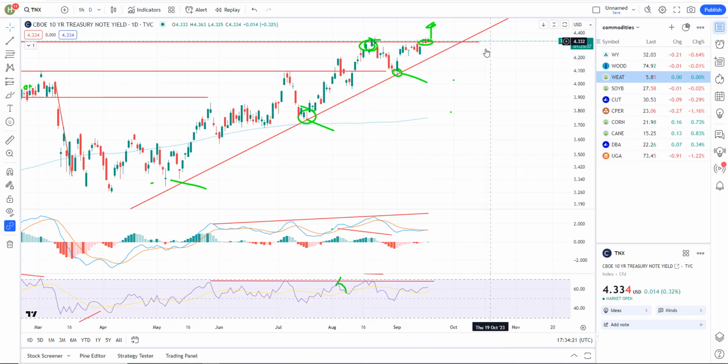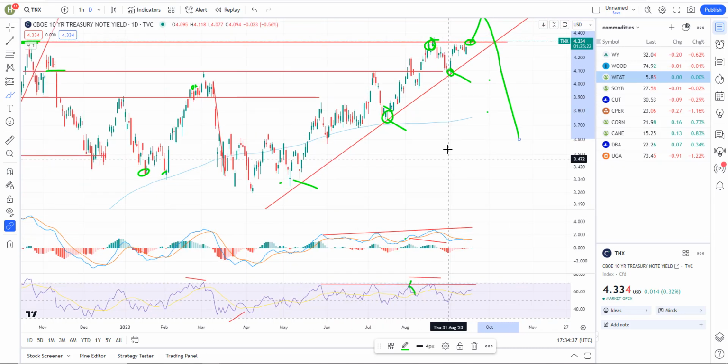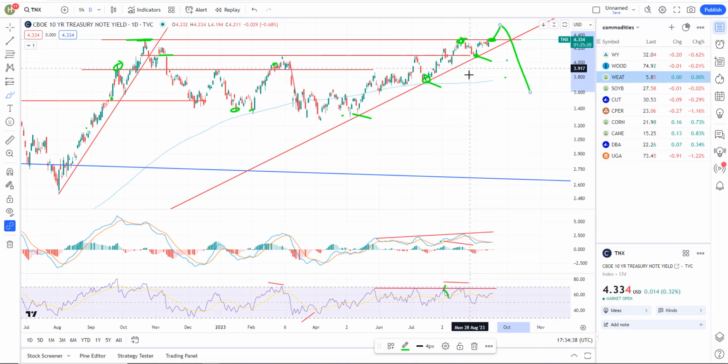I think the highest probability from what I'm reading is we get a spike up in interest rates. We get a spike, the markets start to panic, and money flows out of stocks into bonds, and then the rates start to fall, and we get a correction in the interest rates. Because they're selling down the stock market and buying bonds, which will push yields down. That's what I think is going to happen, but